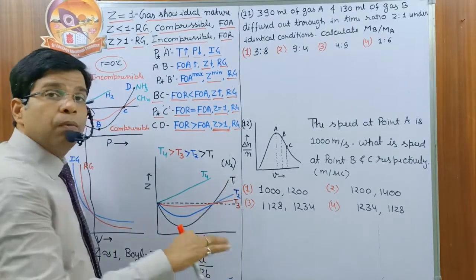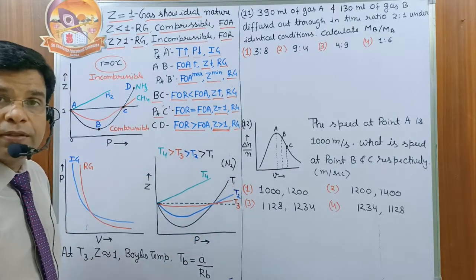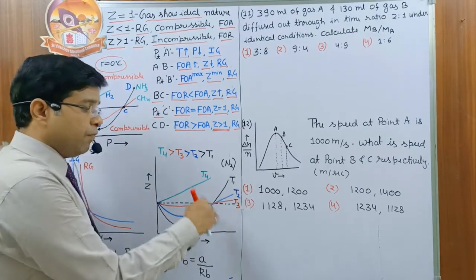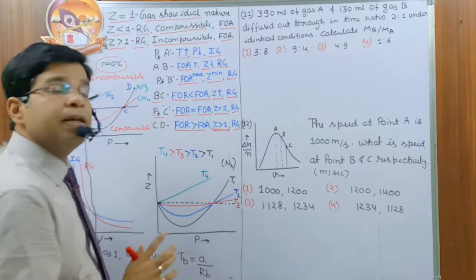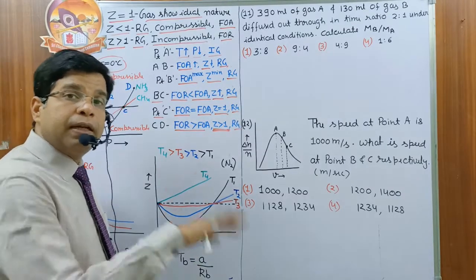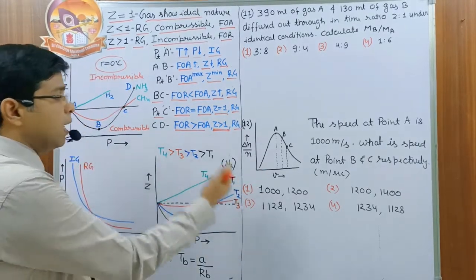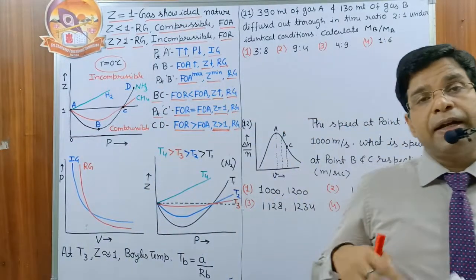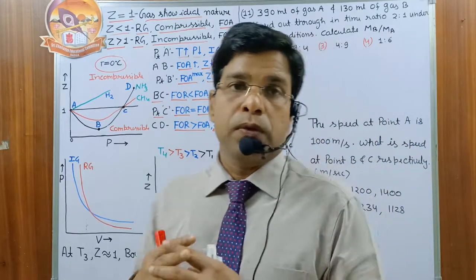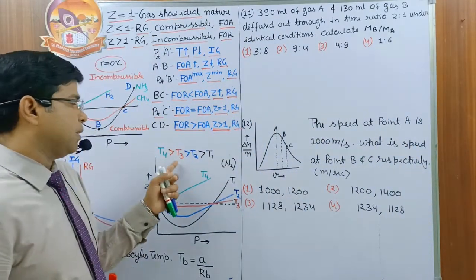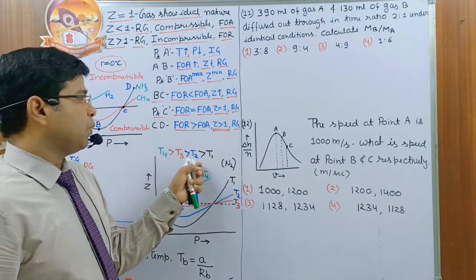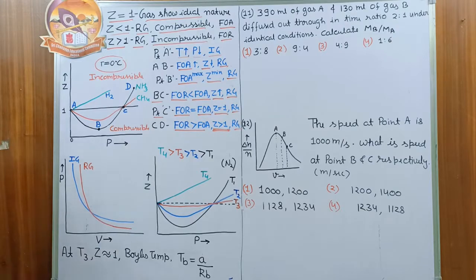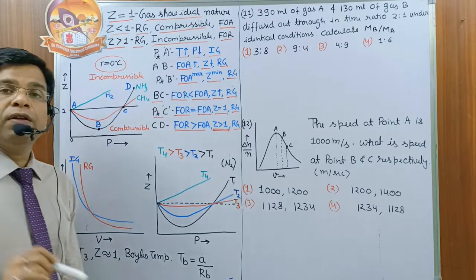So T1 has minimum compressibility, means maximum force of attraction, minimum temperature. Then at T2, the force of attraction is still there, but is less than the black one, so the compressibility factor increases. We increase the temperature further, then we have the red line, force of attraction decreases, compressibility increases, and T4 is the temperature where only the force of repulsion is present, and that dominates the force of attraction. So T4 has to be more than T3, T3 is more than T2, and T2 is more than T1.